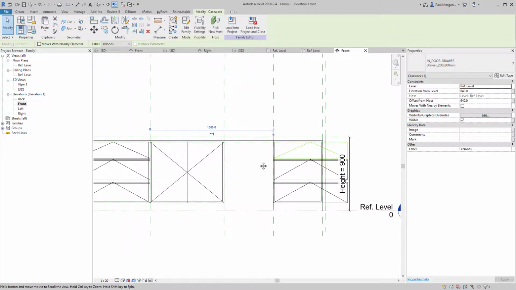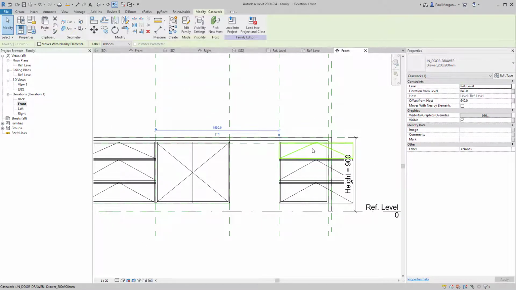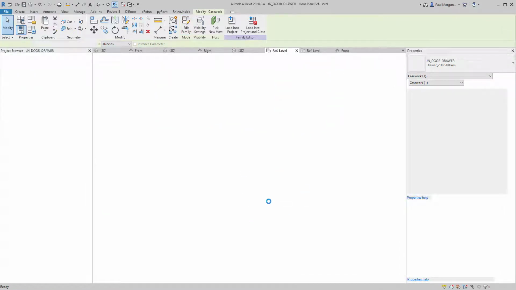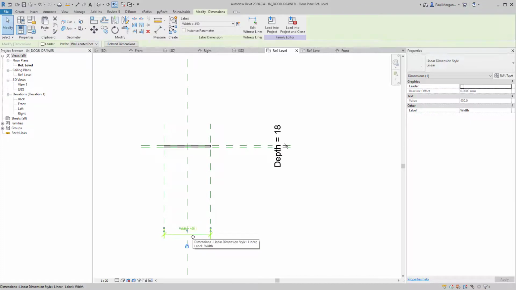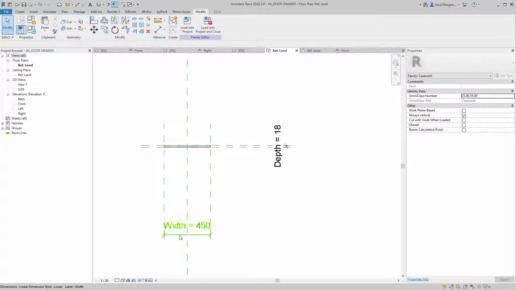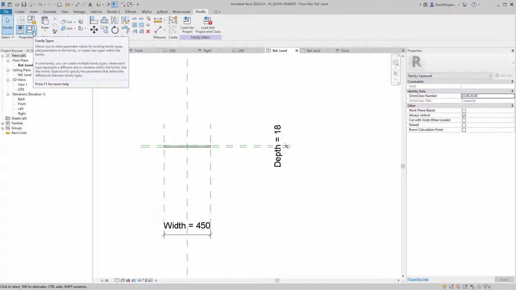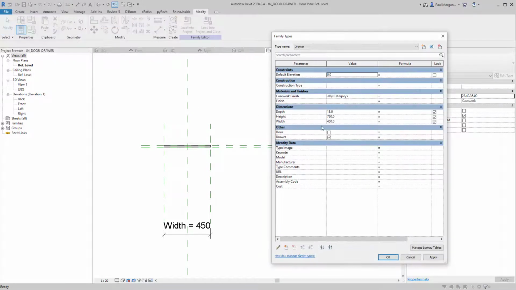So what we can even do is we might just play around with these families a little bit more. So I'm going to go back into edit type, back into our drawer family or our door family, and see where it says width here. I'm going to change this parameter type. So at the moment, the only way we can change its width and height is by going edit type, changing it, and then going OK and duplicating it. But what I'm going to do is change the width to be